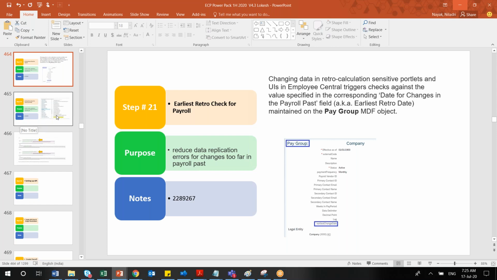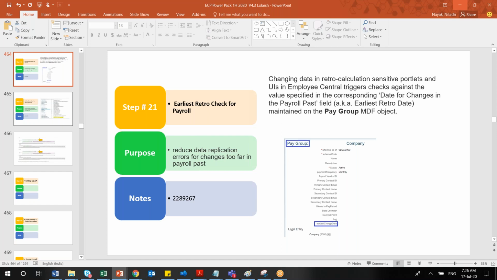I would recommend, you have done a great job with your document sources. Wherever possible, you are putting KBA note numbers and those details. That's wonderful. However, I would recommend, instead of just having, for example, step 16, step 17 explained, try to explain with an example, because the first thing which people try to correlate is an example, right?